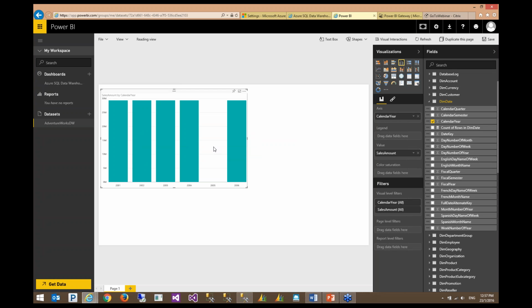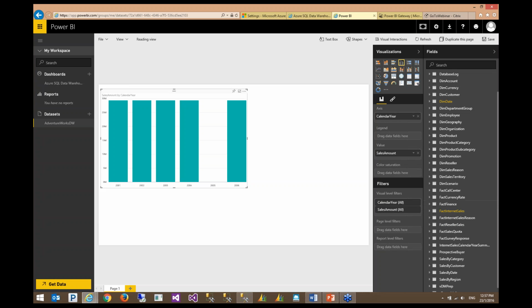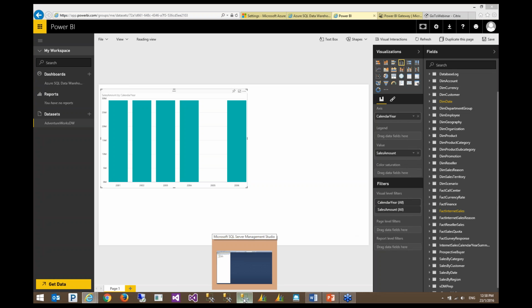There are no foreign keys and primary keys, so it cannot detect the actual sales amount per year. There is a workaround here to be able to use this sort of direct connection, and it is that we can create views on the Azure side.